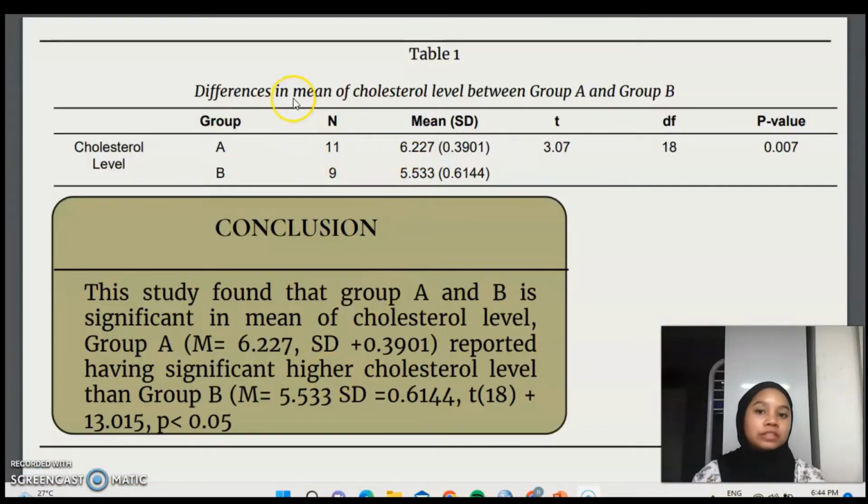Table 1 shows the difference in mean of cholesterol level between group A and group B. This is based on the APA format. So we can see that the mean for group A is 6.27 and the SD is 0.3901, and for group B is